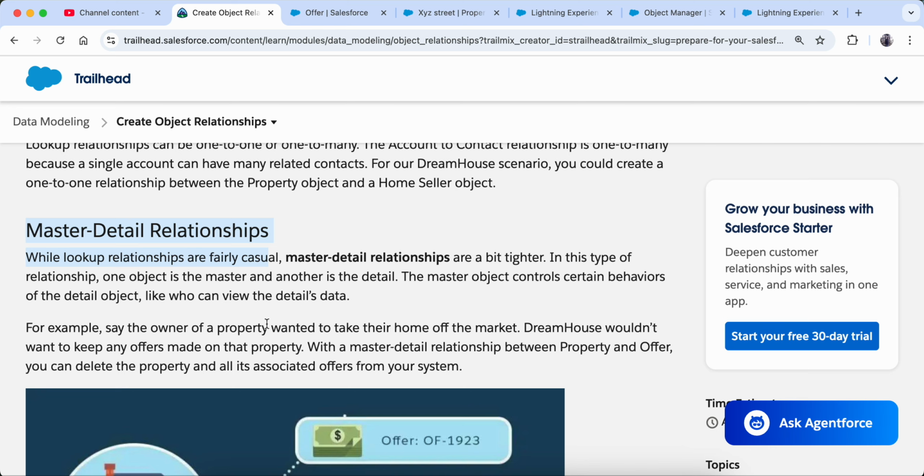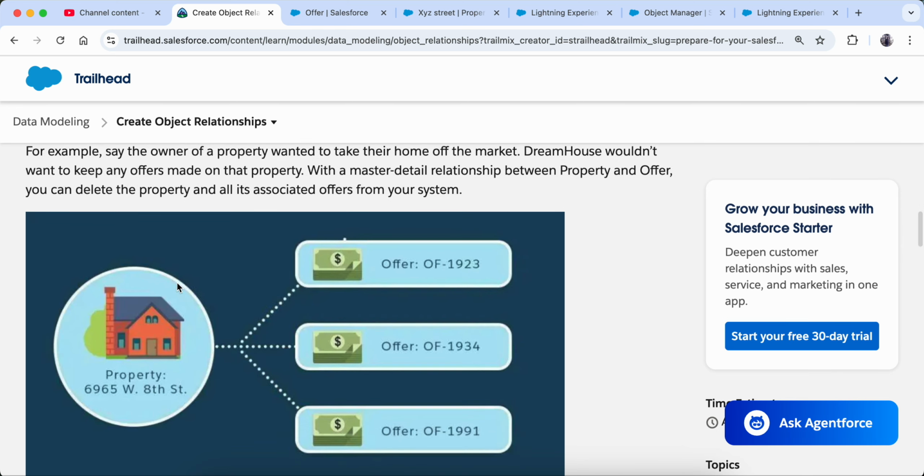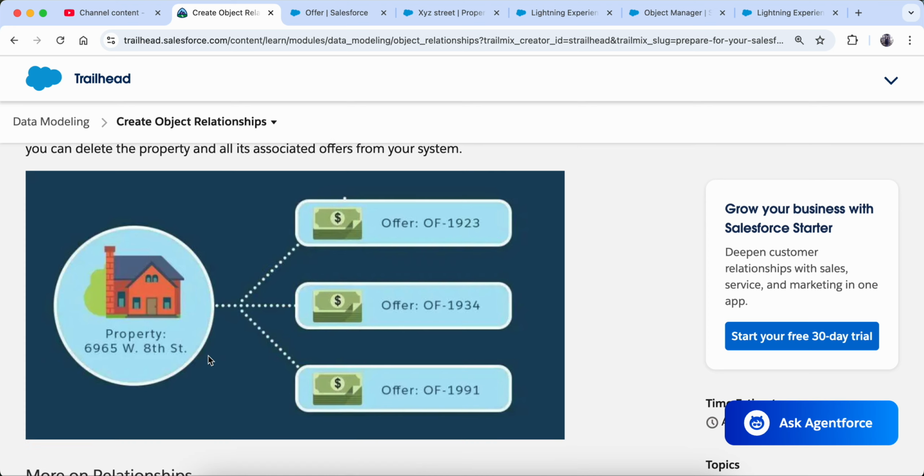So for example, just now we created two objects. One was property and the other was offer. Now suppose there is a property and we have three offers on that property, and then the owner decided that this property will no longer be on rent, or that they are selling this property. Now this property will be removed from the portal.